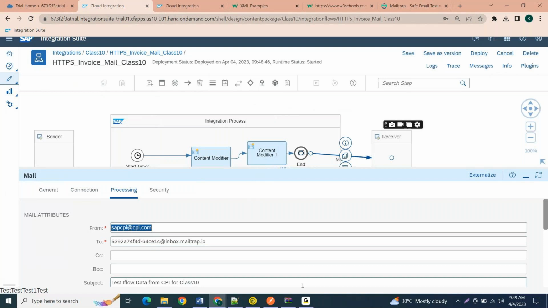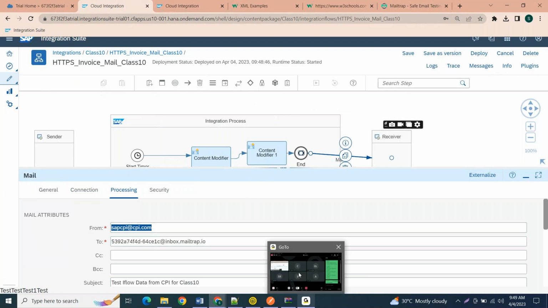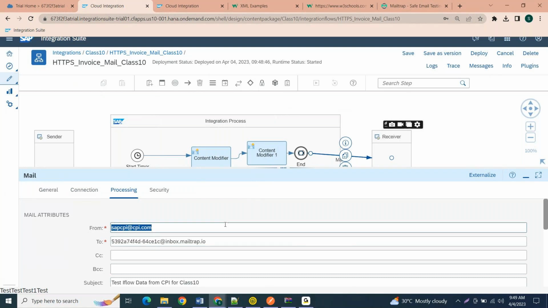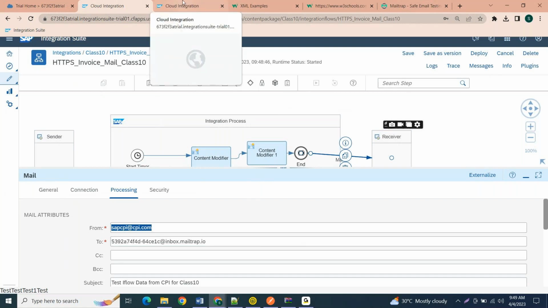And tomorrow, show me how to create the tenant, and we can do practice. Yeah, sure. Actually here we are configuring with the start timer, right? We will connect with this HTTPS and test that. We will trigger the message from the sender and the message will be sent to the target mail server directly. It will take not more than 15 minutes. After that, the remaining 45 minutes, we will focus on